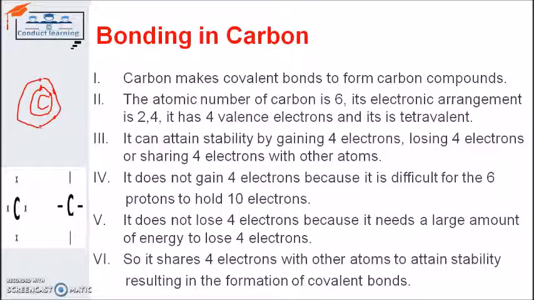That's why it switched toward covalent bonds. The covalent bond is basically based on the sharing of electrons, not gaining or losing. So it will share its 4 electrons with other elements or other atoms to attain covalent bonds. Carbon can share 4 electrons with another carbon atom or with another element to make covalent bonds. The 4 vacancies in carbon are represented in this figure either by a cross or by this line.